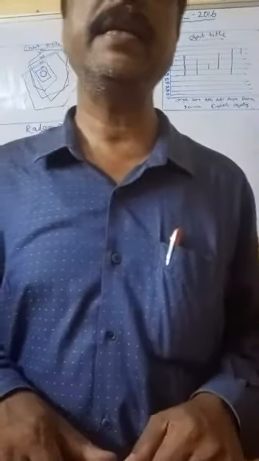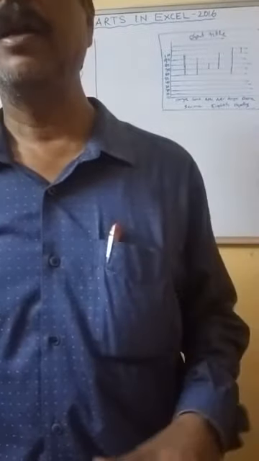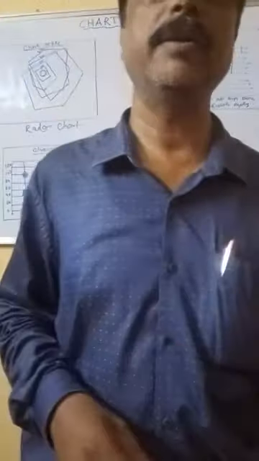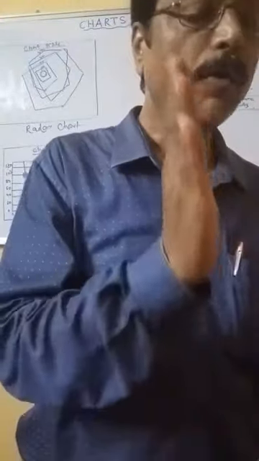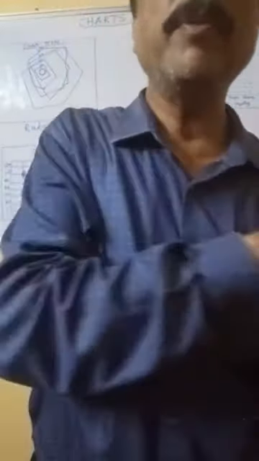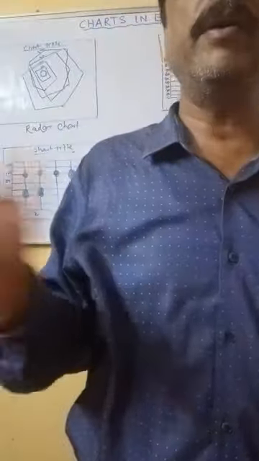The next thing is moving a chart. How to move? There are two methods of moving a chart from one place to another, for example from one worksheet page to another worksheet, or within the same page. If the chart is appearing in one area and you want to move it to another side because your spreadsheet page is very big, from left side to right side or from top to bottom, any side you want, it is possible. The chart area can be moved. So how to do that?